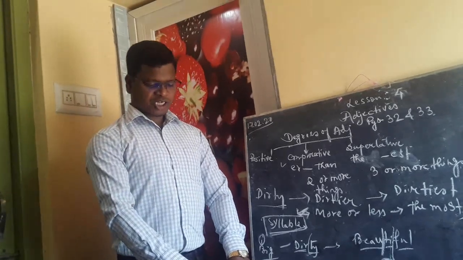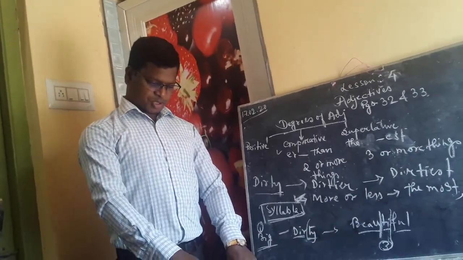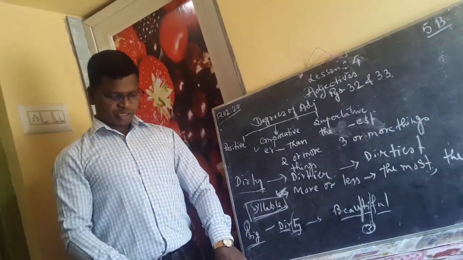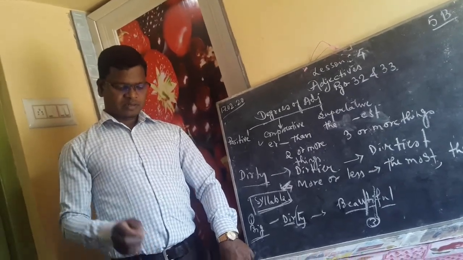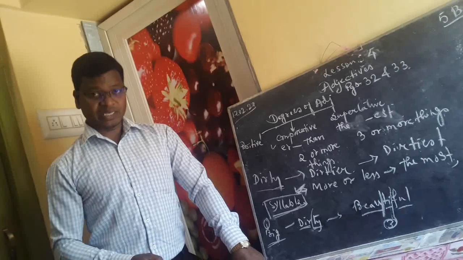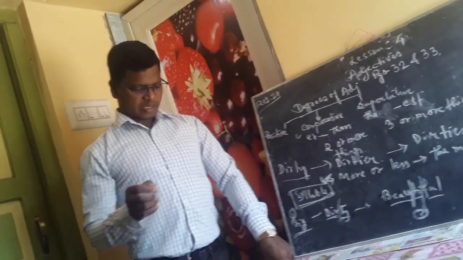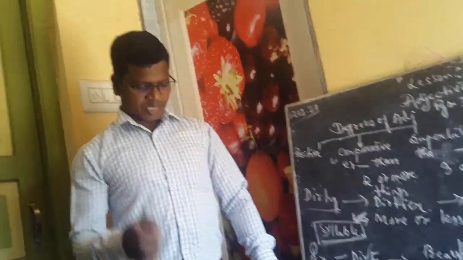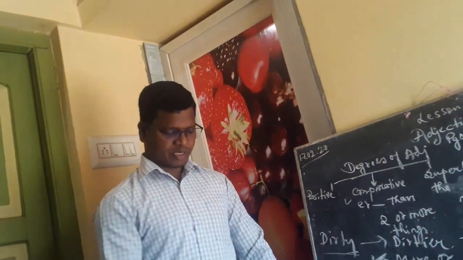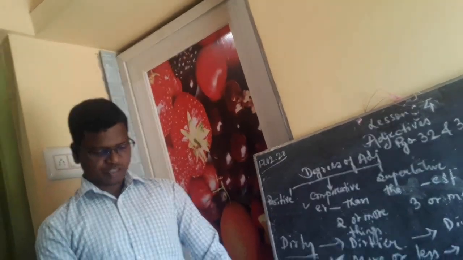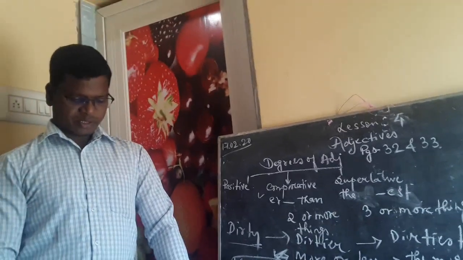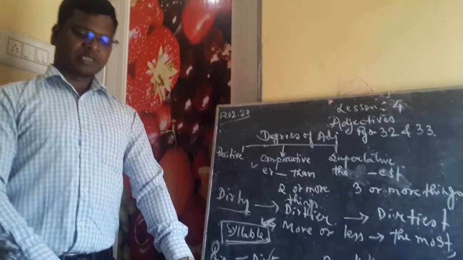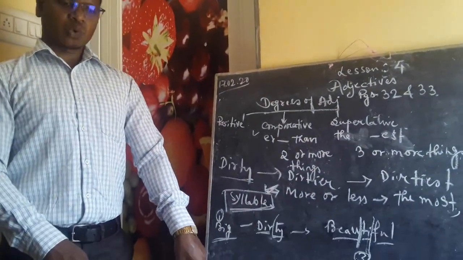Now we can write, ship B is smaller than ship A. Number 3, you see, ship A is the biggest. Next one, ship C is the smallest. So this way I ask you to do the other questions, 5, 6 and 7. These exercises are there. Please do them with the words fast and slow.